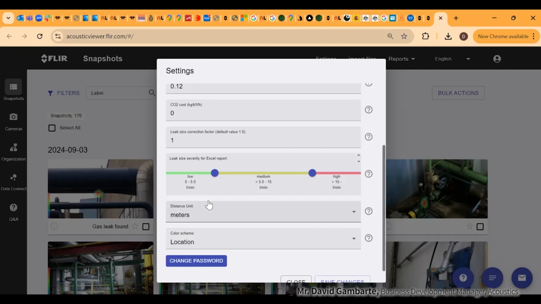Green or yellowish is a smaller one. You can adjust the scale as you wish, so you can actually use your own protocols and criteria for this. So distance in meters, this is the unit, and the color scheme location, so basically related to the location or the strength.